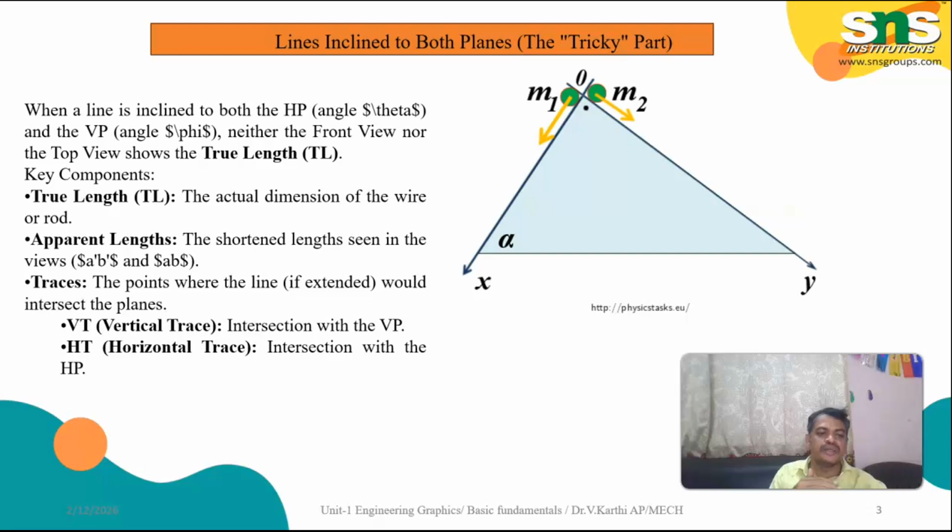Next is a step-by-step method, that means the rotation method. Assuming the line is parallel to VP and inclined to HP, draw the true length in the elevation with the corresponding plan. Now incline the line to VP, rotate the plan through the given angle, and project the